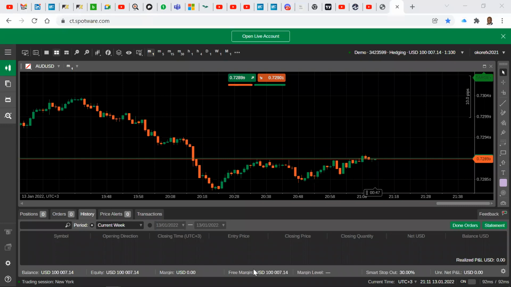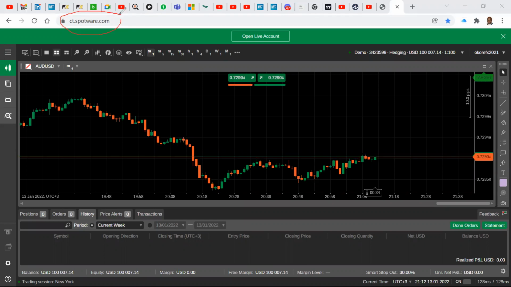And if you used the link that I shared, this is what you're supposed to get. You're supposed to get this here, csportswear.com. But then for the logging in, you'd have to use your own email.